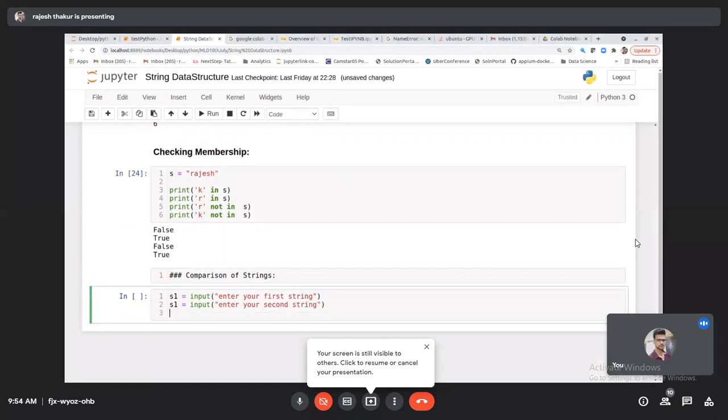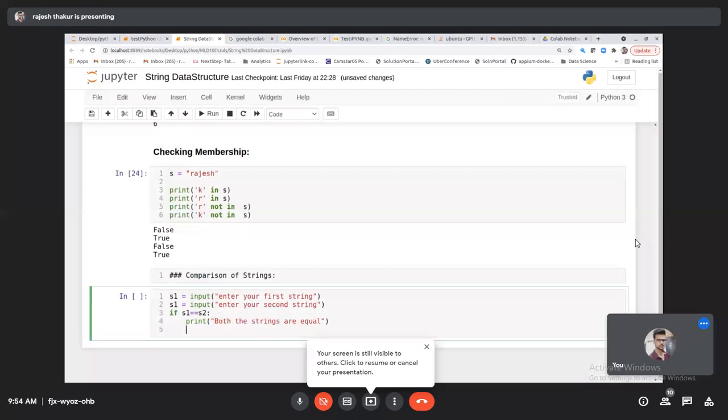So if both strings are equal, S1 equal to S2, I will print both the strings are equal. Any doubt?